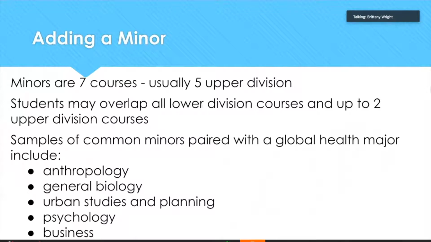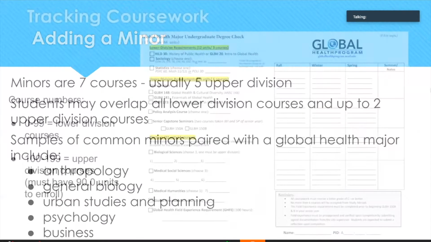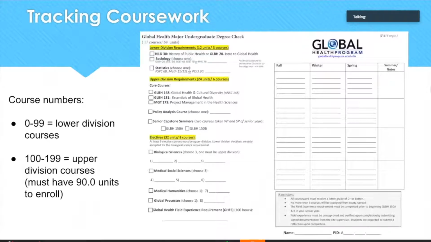It's probably something you want to start seeing what really interests you along the way. So taking classes for your major and then deciding what would be a good emphasis down the road. When it comes to tracking your coursework, we have a couple different ways that you can do that. There's an undergraduate degree check on our website, and it's been sent out to you. And this is really the best way to be marking your progress off for your major and working on your